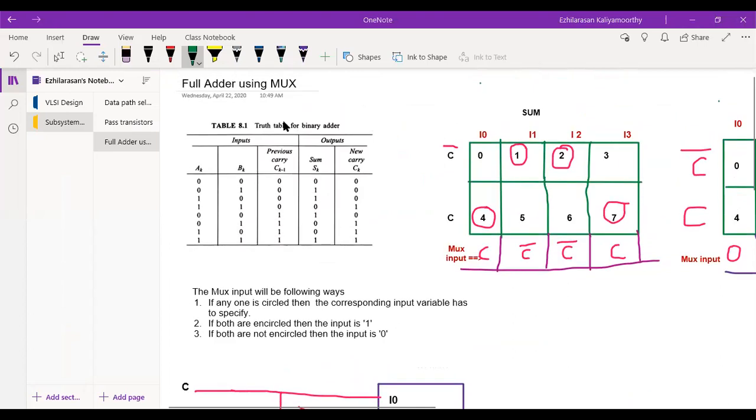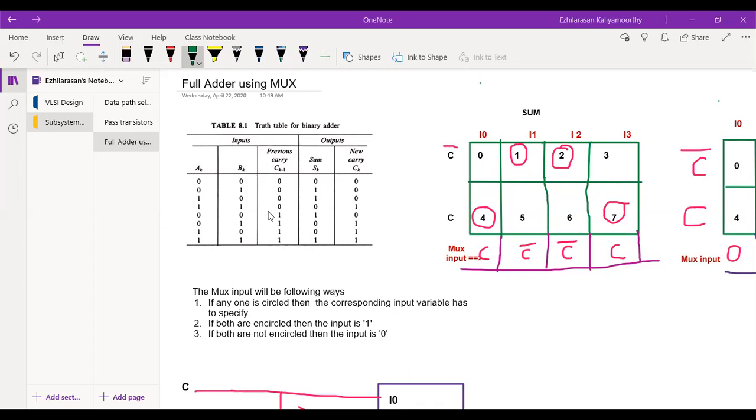Now you see, this is my truth table. Whatever process I'm telling here, the same process will be applicable. If you want to design any circuit using multiplexer, you can follow this method only. It is one of the very efficient methods to implement any circuit using multiplexer.